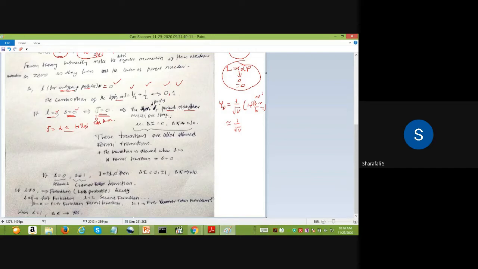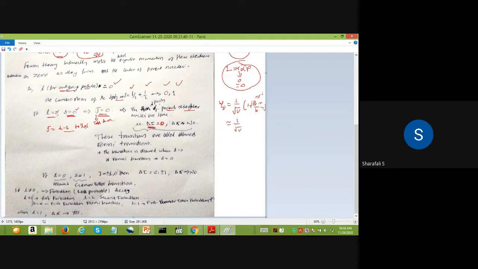That is from the angular momentum conservation you can see, which means that there is no change in the nuclear spin of the nucleus, parent nucleus or daughter nucleus. There is no change, so the delta I value equals 0. So there is no angular momentum change between the daughter and parent nuclei. So delta I, that is the change in angular momentum or change in nuclear spin, will become 0.